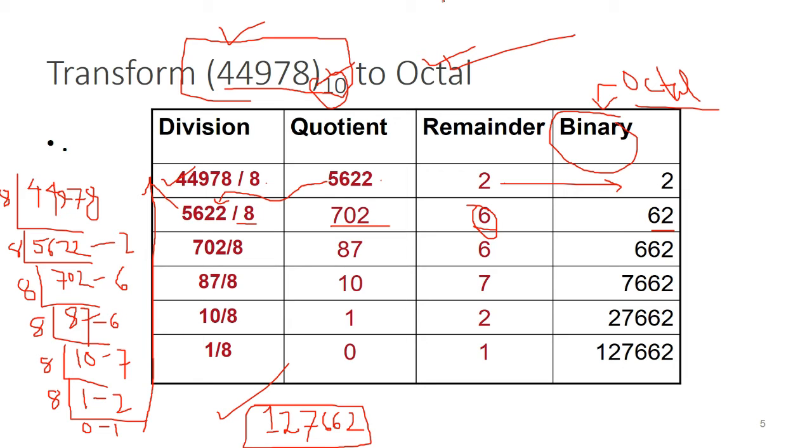I hope you have understood this one. It's almost similar to the problem that we solved for decimal to binary conversion. The process for converting a decimal number to an octal number almost remains the same. If not, ask me questions in the comment box, or you can ping me on WeChat as well. I will try to clarify your doubts.